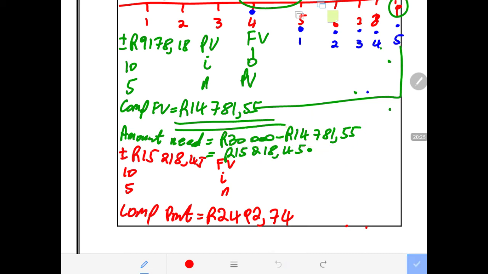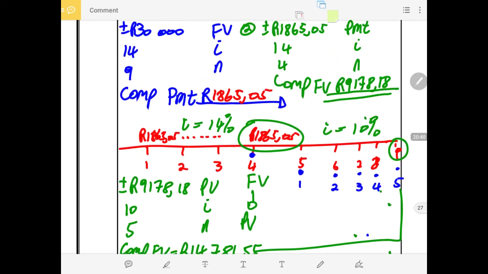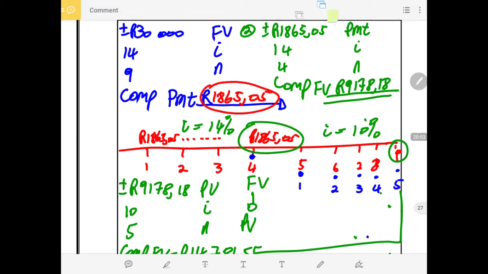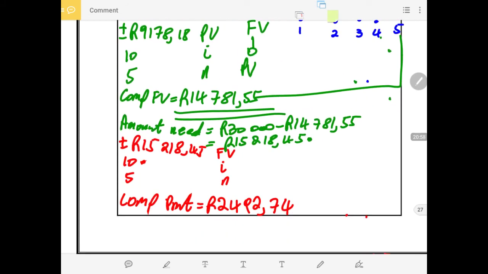year 9. And now, guys, this is very important, and you can see that when there was a drop in the interest rate to 10%, there was an increase in the payments. Interest rate drop, payments increase, because previously the payments were 1,865 rand 5 cents, but because of the change in the interest rate, there was an increase from 1,800 to 2,400 of the monthly payments to pay the remaining balance every year for